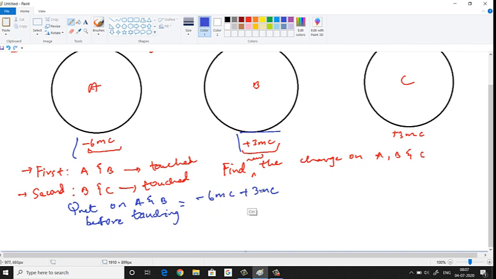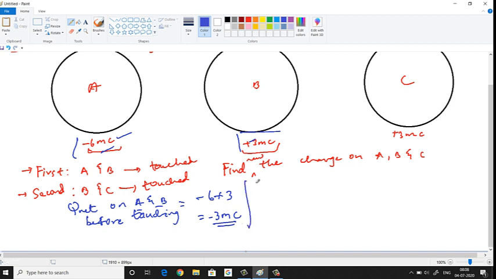See, millicoulombs is very important. Why? Milli means 10 power -3. So you don't have to write like this. Even if you think in your mind, see, for example, even if I write -6 plus 3, in your mind, it should know that we are talking about millicoulombs. Okay, so -6 plus 3 is how much? -3. -3 what? Coulombs? No. -3 millicoulombs. Why? Because here we have millicoulombs. Now this is the net charge on what? Both A and B together. We added this with this and together they have -3 millicoulombs.